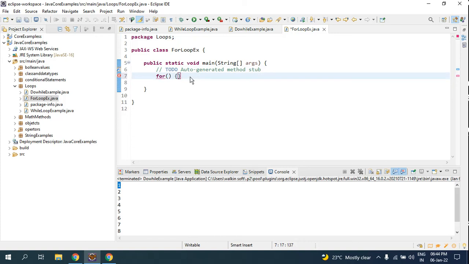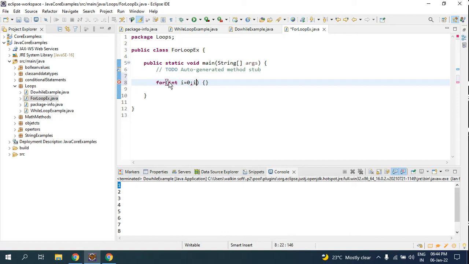So this is the syntax for loop, and here inside the parenthesis first we will be assigning the value. We will be writing int i is equals to 0. Directly we will be initializing inside this, and you will be having three statements which are separated by a semicolon.